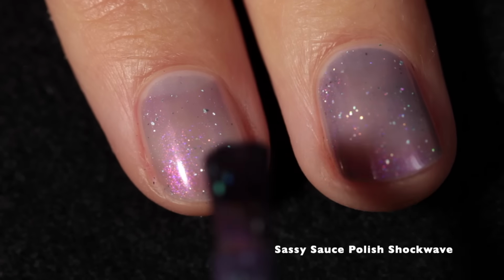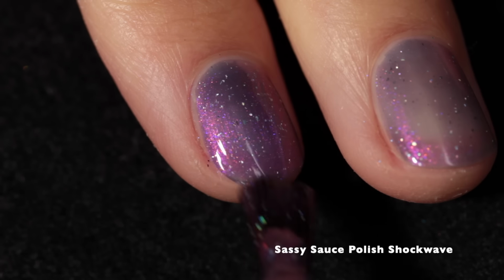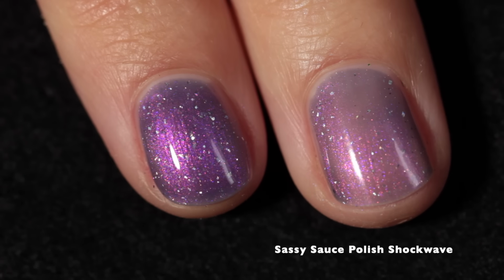So you will notice that this has like a sheer-ish formula, but it builds up very quickly and very easily. I love the addition of